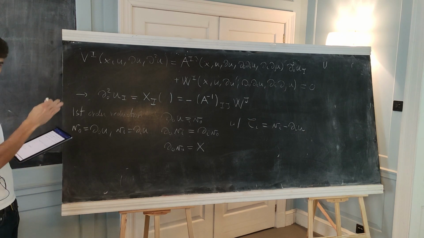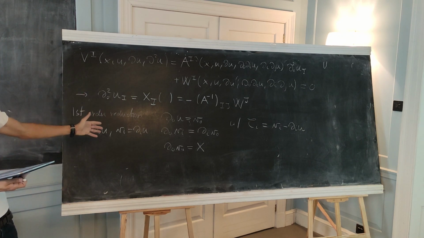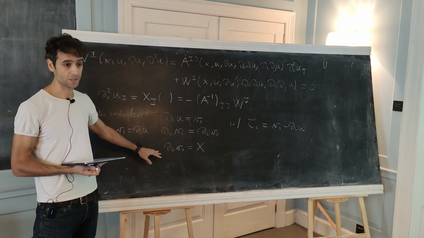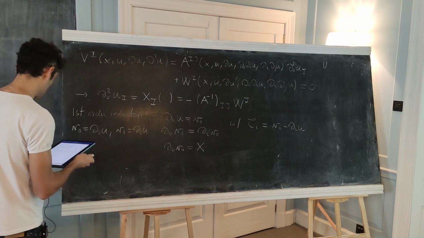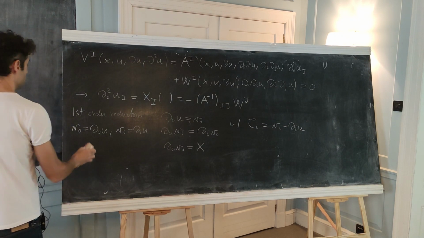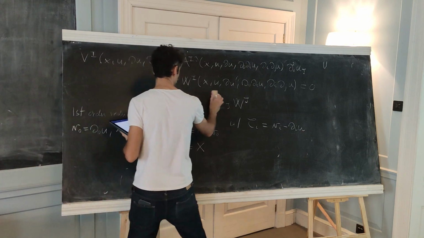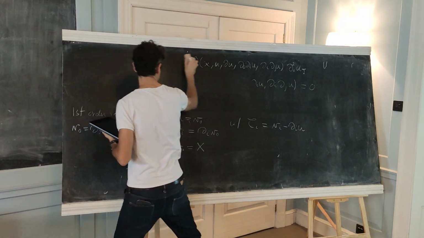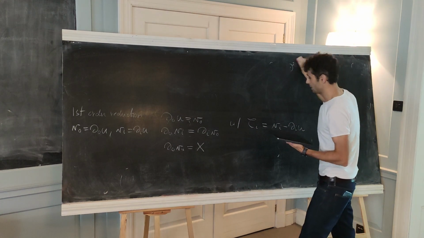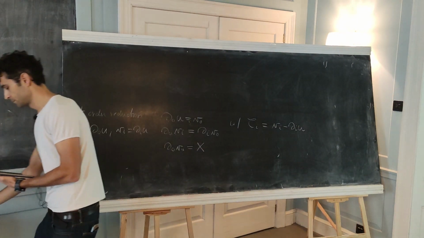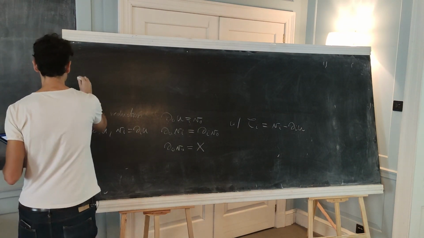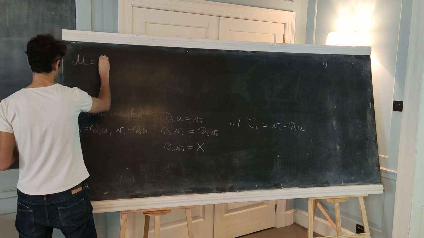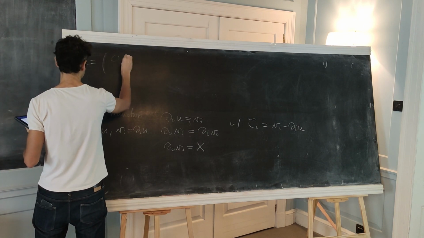So now we can write down the principal part of this first order system. Let me write it here. And one can write the principal part of the first order system, and it turns out that it takes a very simple form,